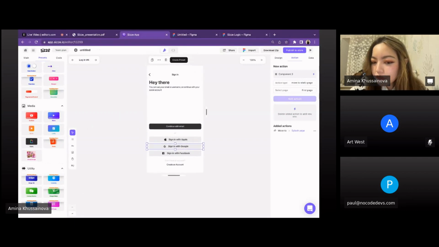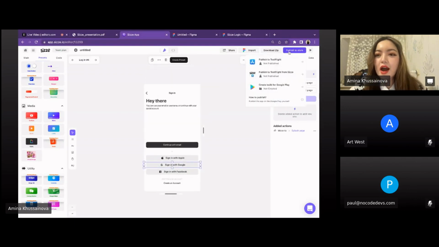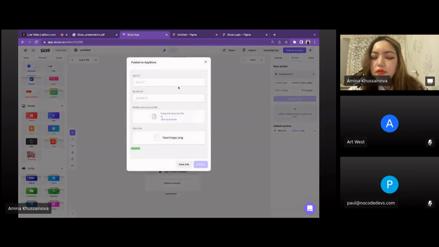Oh, this is a great question because I actually wanted to show this one to you. So in the publish to store, we have three options. Publish to TestFlight: if you're a developer, you can publish to TestFlight and test out your application. Here, TestFlight on App Store is the one we have. You can choose the profile you want to publish it with. So if you have, for example, a developer ID,